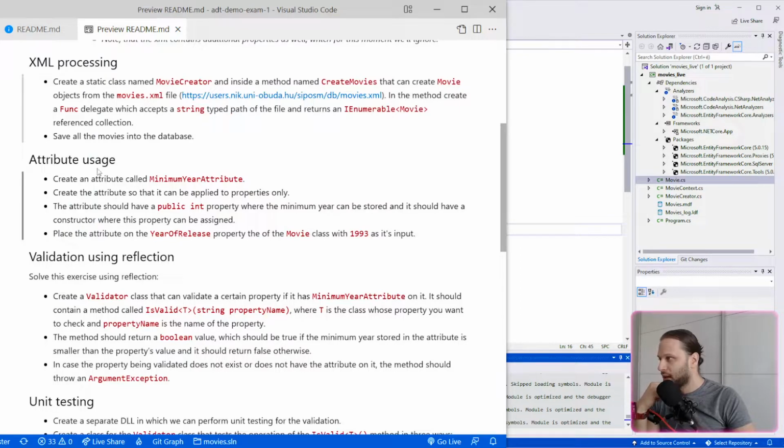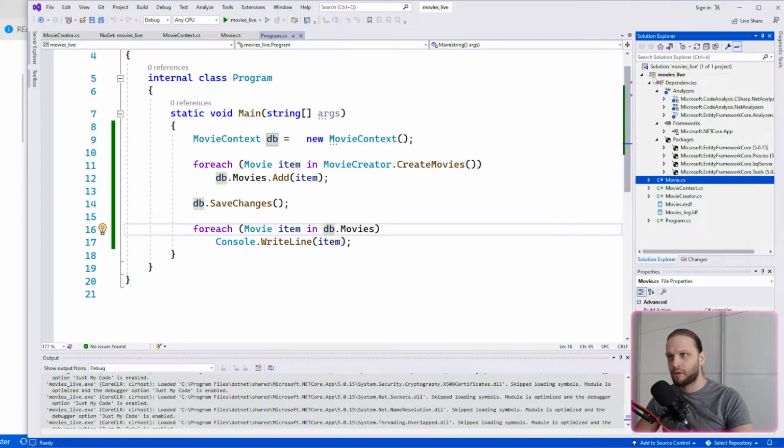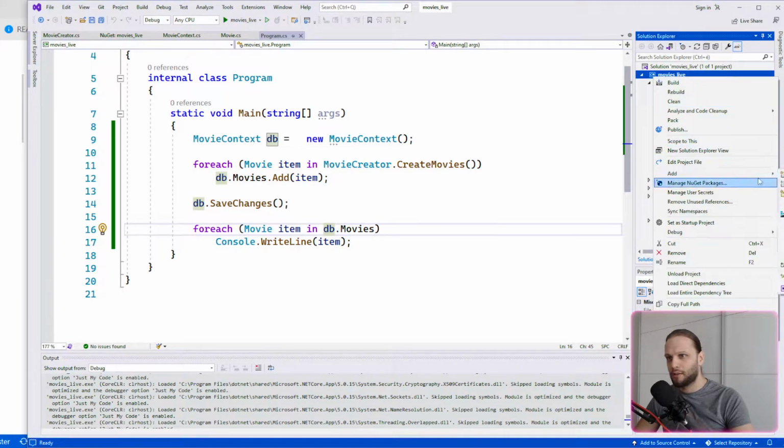Okay, so the next step is the attribute usage section of the exercise. Create an attribute called minimum year attribute. Create an attribute so it can be applied to properties only. It should be named as, add the attribute, so it can be applied to properties only. So for that, we will have to come here, add the new class,